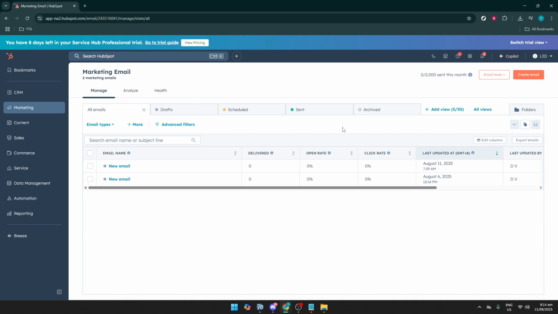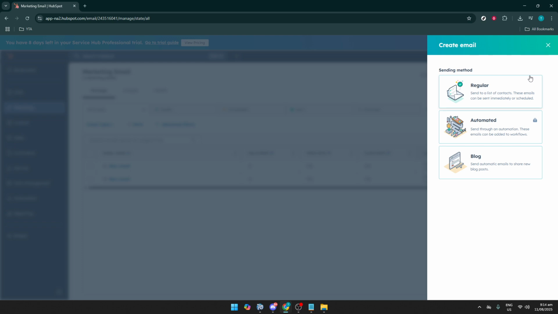Now let's move on to the exciting part, the email creation process itself. On this new page, look for the Create Email button. This is usually prominently positioned to make reaching this function as intuitive as possible. By clicking Create Email, you're stepping into a new stage where you can actually begin drafting your message, customizing it to suit your needs. After clicking on Create Email, you'll be prompted to specify the type of email you want